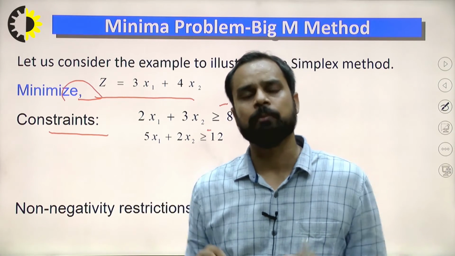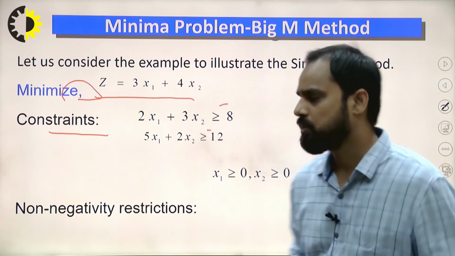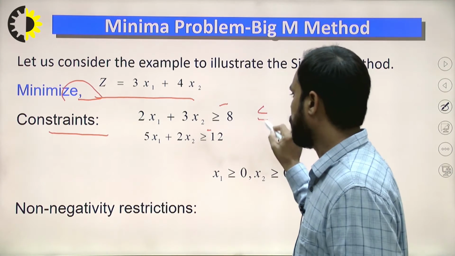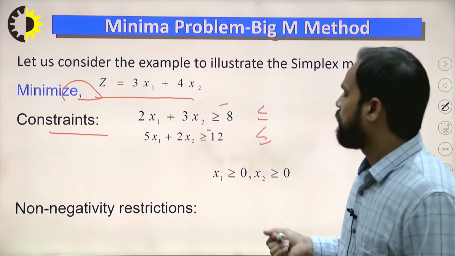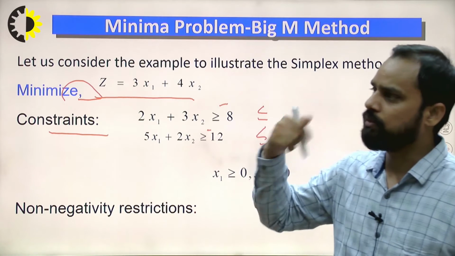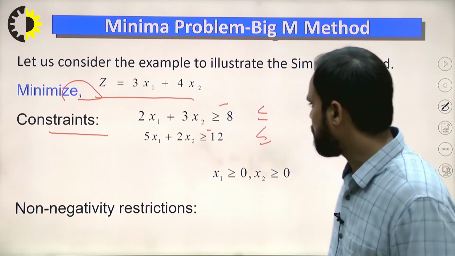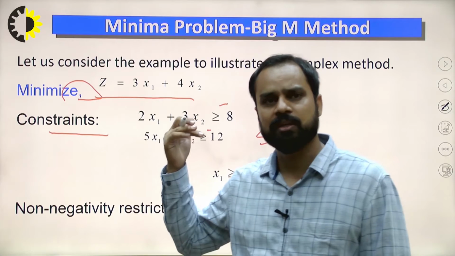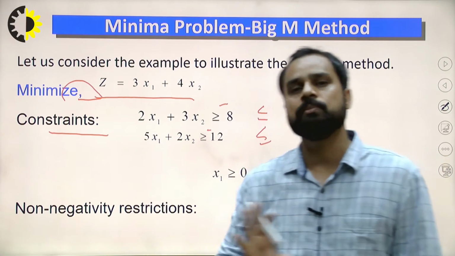Generally, I am not saying that every time, but generally, if the problem belongs to maximization, the constraint is of less than or equal to type. Mostly it has been seen that way, right? And suppose the problem belongs to minimization and we want to solve it by using the big M method, because here, if the constraint is of greater than type, there is a possibility that an artificial variable is required to find the initial basic feasible solution.